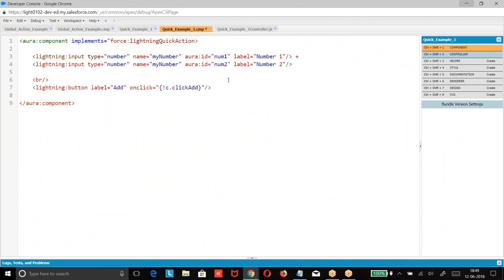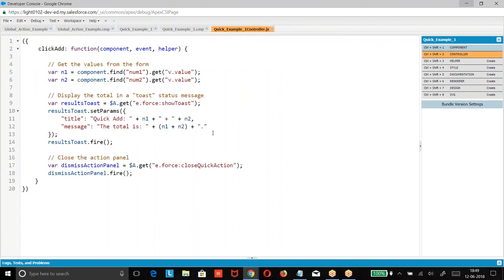If I go for a cancel action, when you have a cancel button, if I click on this, the close action should perform. A close action is given here. What is it? Event force:closeQuickAction, dismiss action panel. The action panel, whatever you are getting, that should be dismissed.